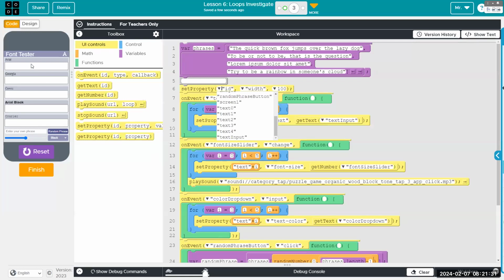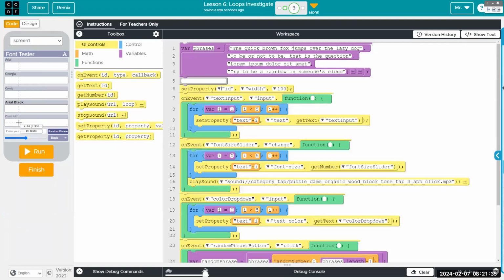They've named these text areas text 0 through 4, and they are using the counting variable in each loop to make that element ID.